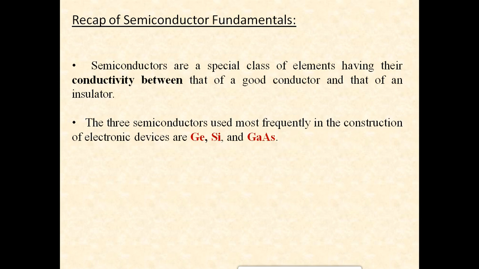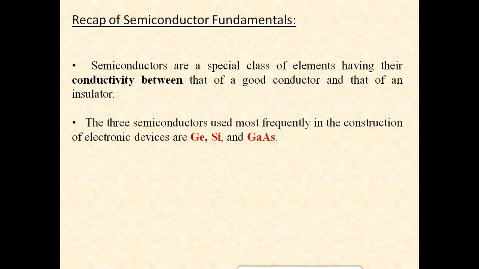Well, the semiconductor industry relies on three major semiconductors. The first one being silicon, second one is germanium, and the third one is gallium arsenide. Silicon is abundantly available in nature, and it can form an excellent oxide called silicon dioxide. Due to these two reasons, silicon technology dominates over other semiconductors.